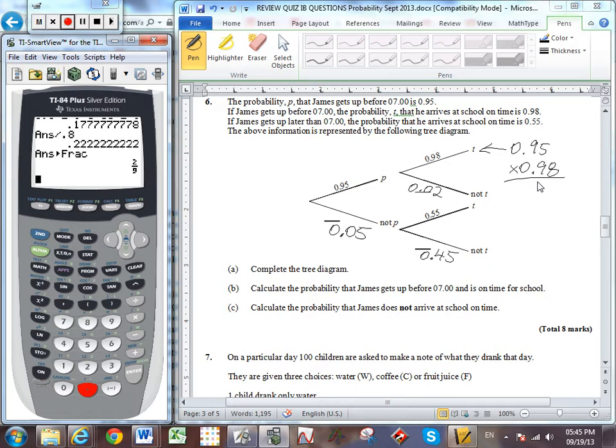And lastly, part C, calculate the probability that James does not arrive at school on time. There are two ways in which he does not arrive on time. That's right here, not on time, and right here, not on time. So we need to add those two possibilities together. This first one is found by doing 0.95 times 0.02. And the second one is found by doing 0.05